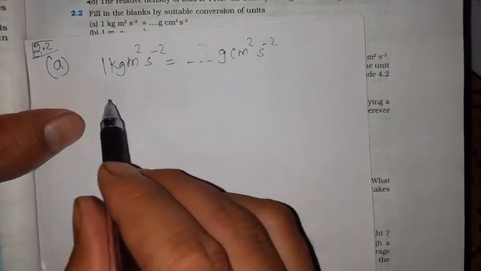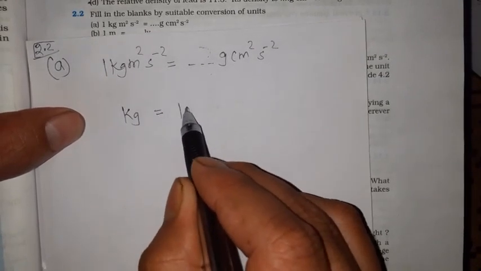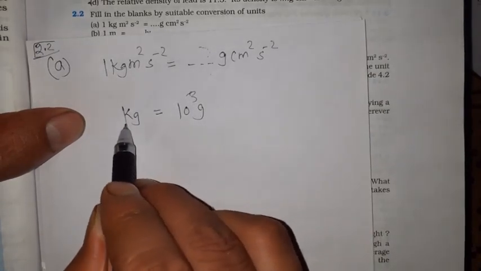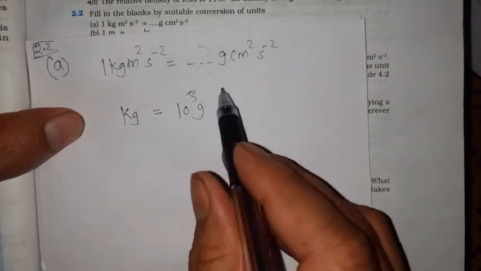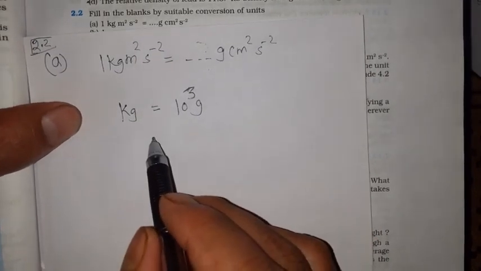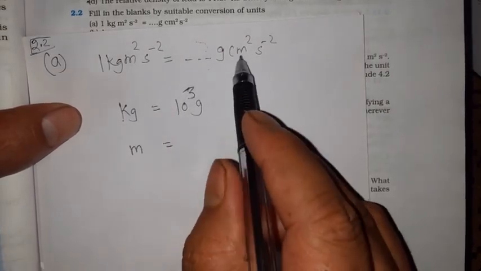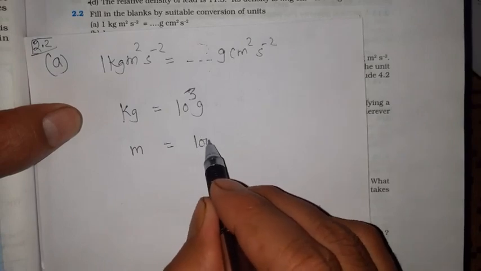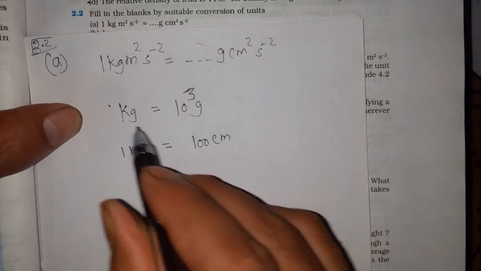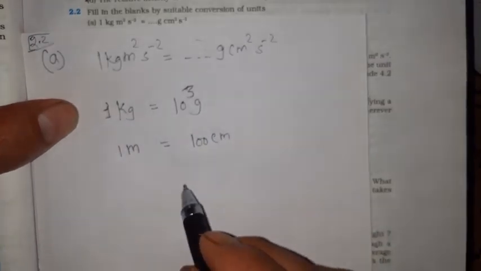So you have to remember over there. See, how many grams are there in a kilogram? So it is 1000 grams, 10 to the power 3, because what was it? Kilo is the prefix, and k means 10 to the power 3, so 10 to the power 3 grams. Now over there, meter. So meter, how much is that in centimeter? So we are getting that 1 meter equals 100 centimeter. It was 1 kilogram, so it was 10 to the power 3 gram.